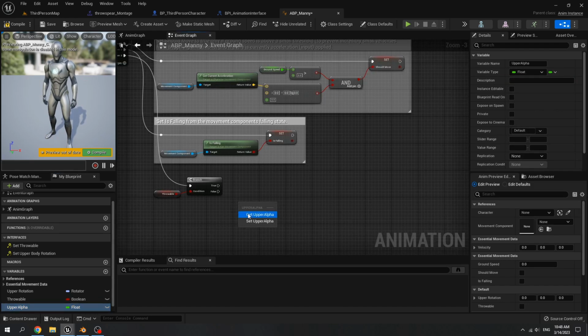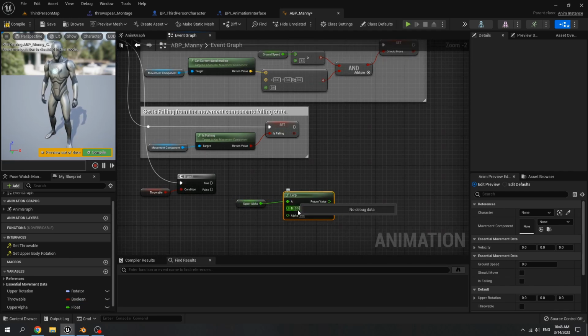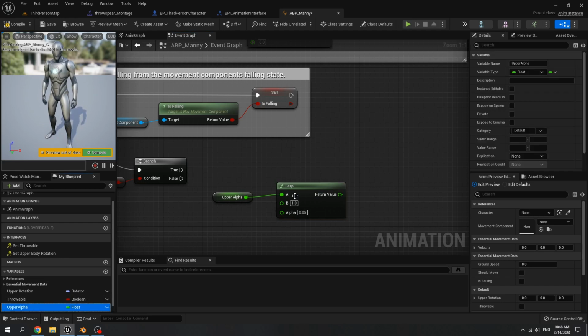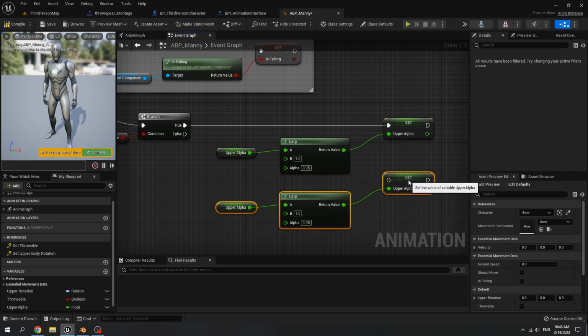Get upper alpha, create a lerp, B is 1, alpha is 0.05. Set it to the upper alpha value. Connect it to true. Copy this and paste it. Connect it to false and set B to 0.